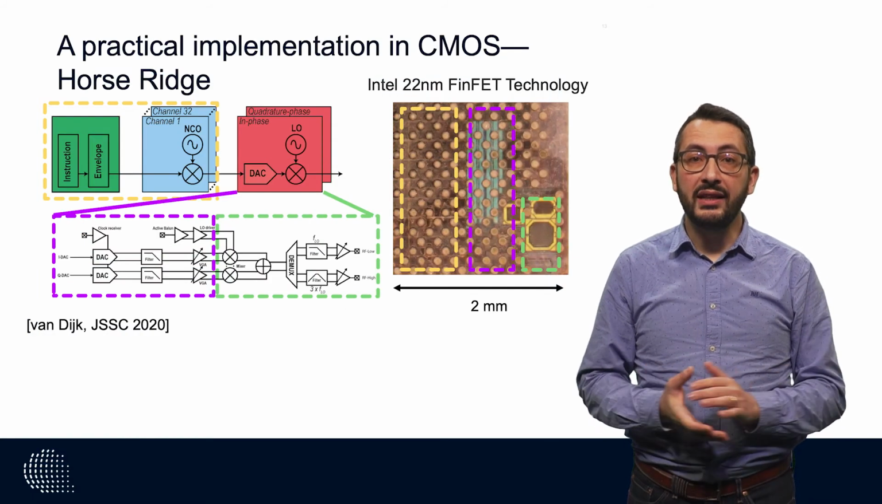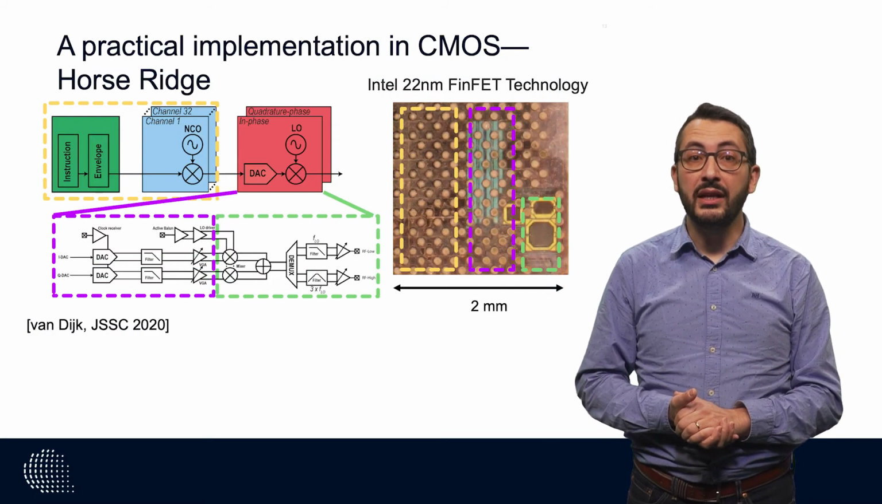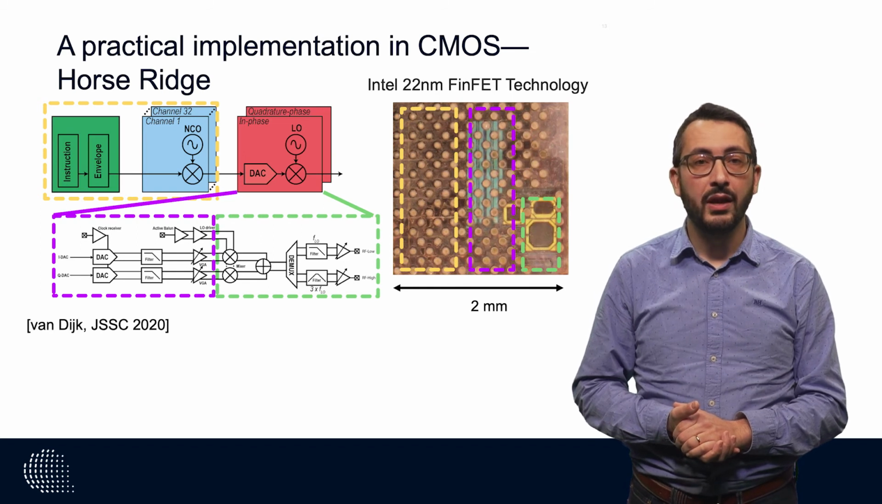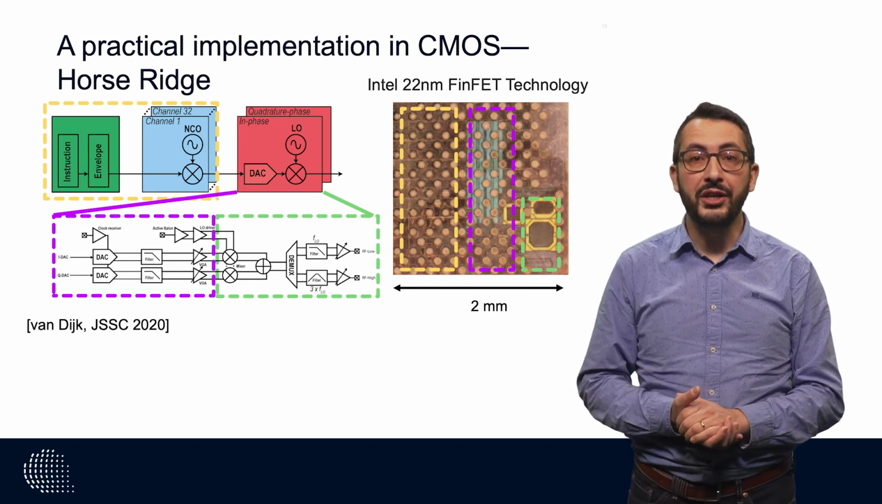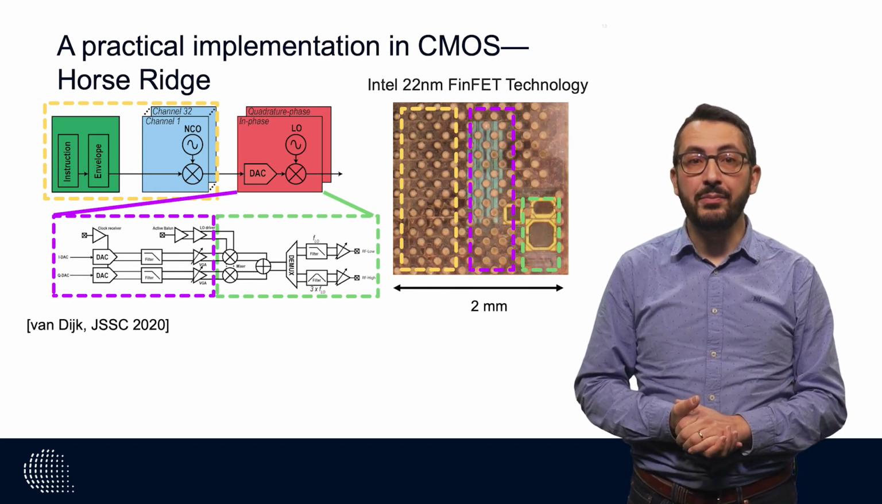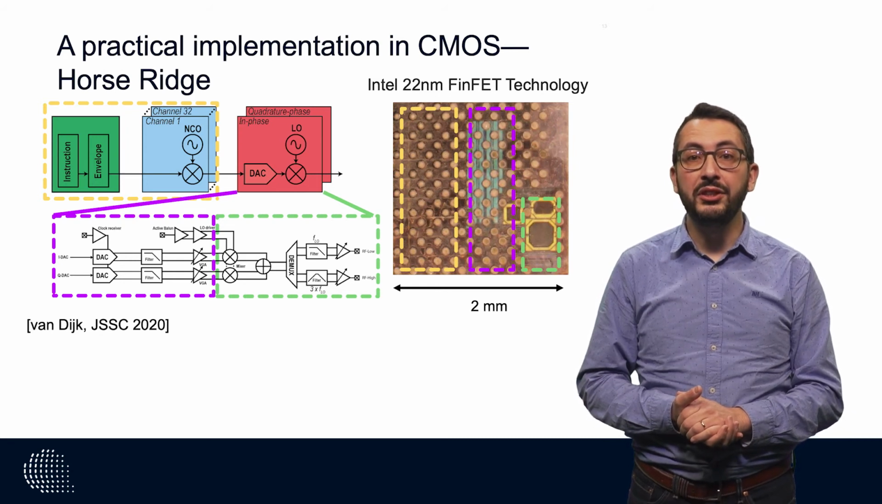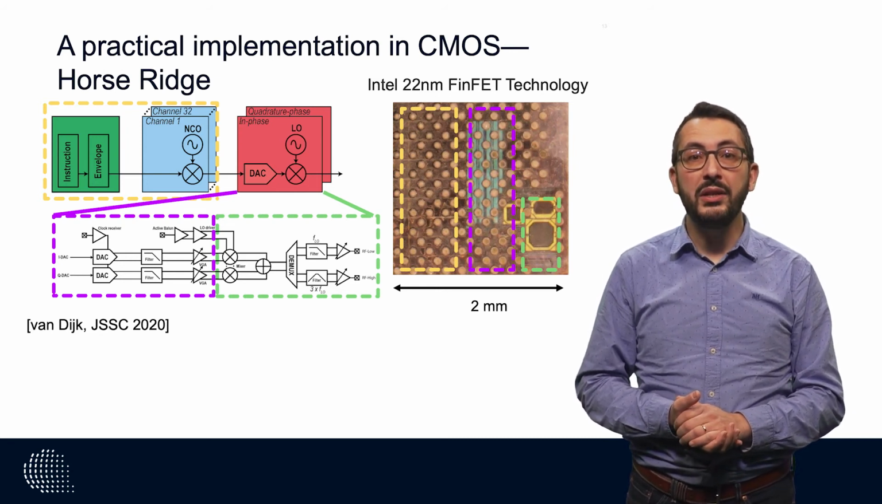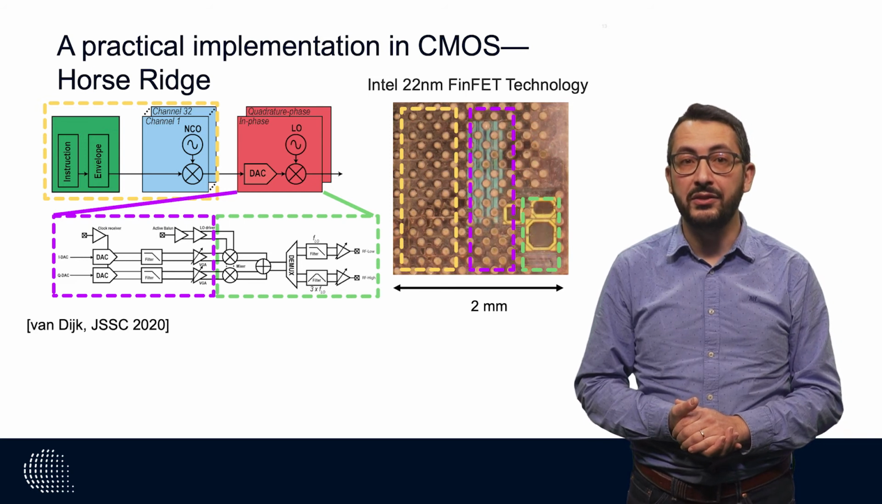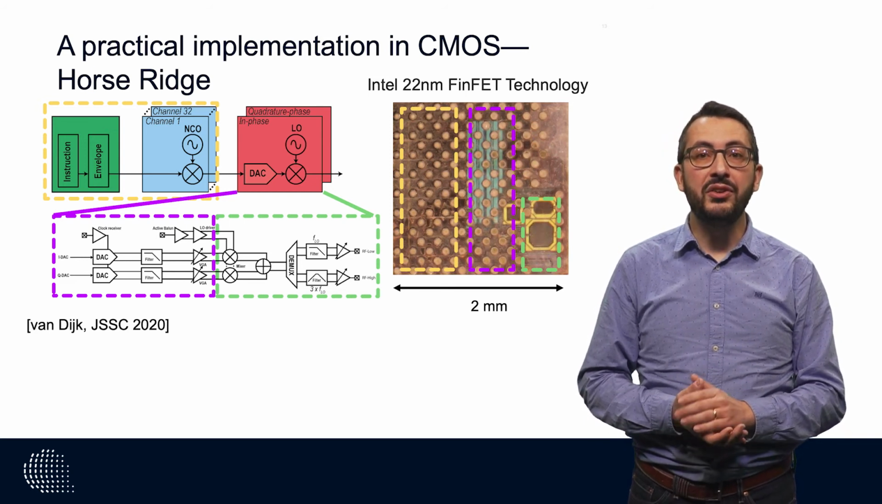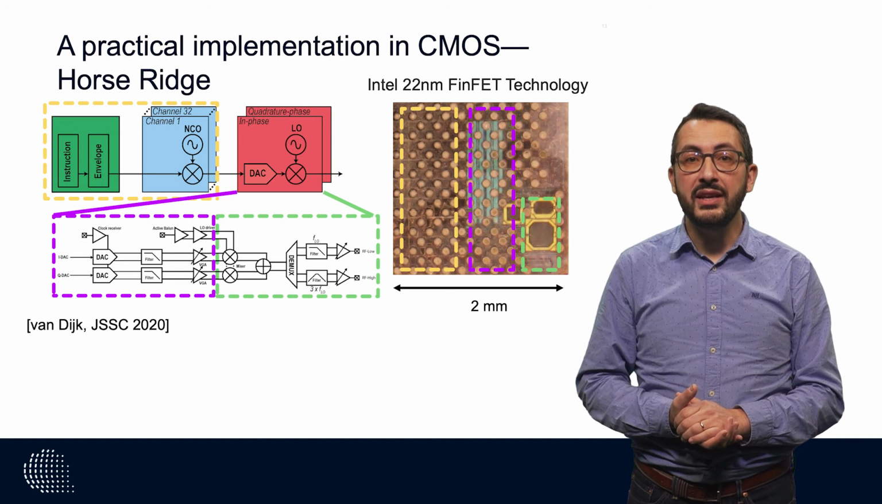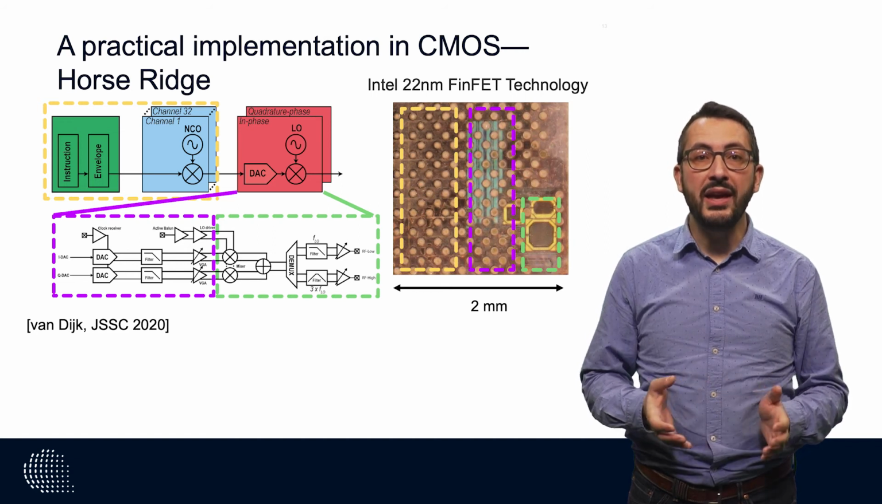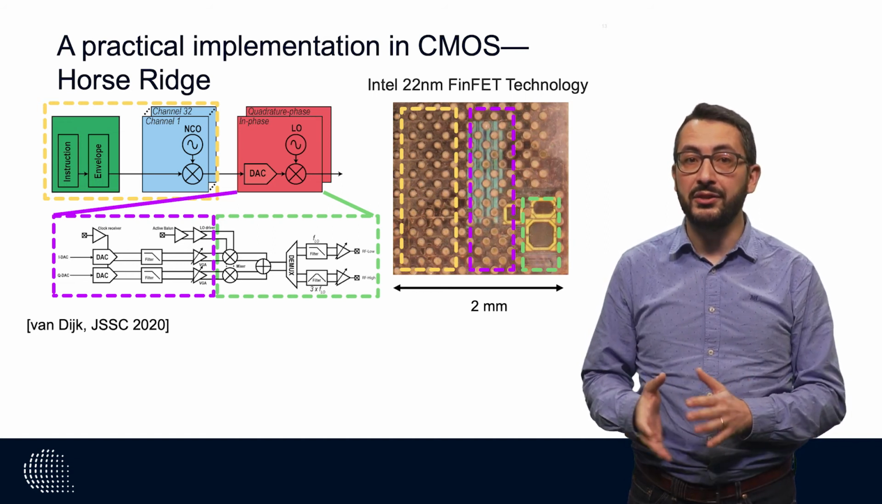Let's now have a look at the experimental demonstration of the system that we have described until now. In this chip, called Horse Ridge, we have implemented this diagram, where we have an array of 32 NCOs followed by an IQ analog transmitter, in addition to this green block, which also contains an instruction memory,